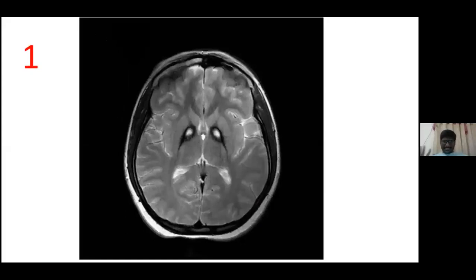Okay, so whenever you see the neuroradiology images, the sections are either axial or sagittal, or you see the coronal sections. This is basically the axial section of the brain. So basically, you know that outer gray matter and inner white matter. So T1 is nothing but T1 depicts your normal anatomy. In the normal anatomy, there is outer gray matter and inner white matter. Even in the imaging, you see the outer gray matter appears hypointense and the inner white matter appears hyperintense.